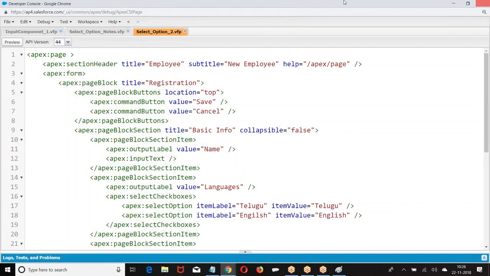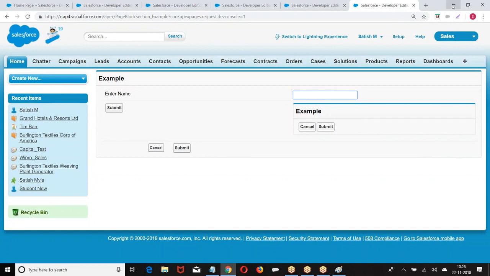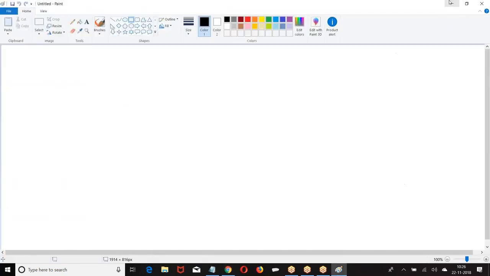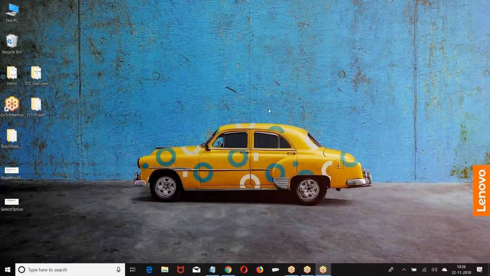Thank you. Satish, I have one question. Yeah, go ahead. We are using a pick list option for pick list. For multi-select pick list, will we use the same or is there a different component? There is a different option. Basically, the option will be the same, but there is one extra attribute called multi-select. If you say multi-select equal to true, we'll get it. I have not used it here because multi-select will give you a list of values.